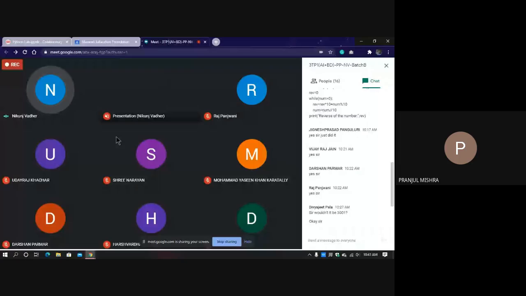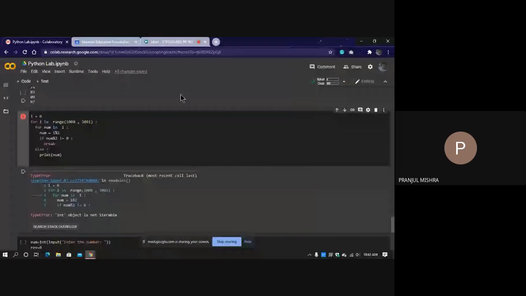So look, I declared the range here first. Then I had declared this too again. Why am I getting this "int object is not iterable" error? Now, number is i. So, how can you iterate on integers? That is what it is trying to tell you. Let's say i is 1000. Okay, but how will you iterate on 1000?